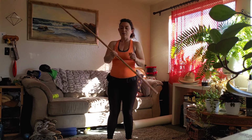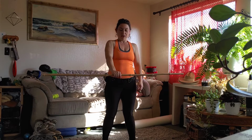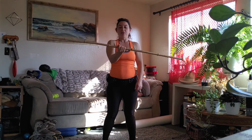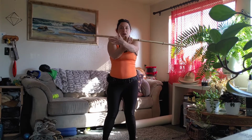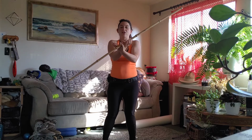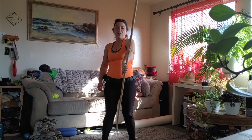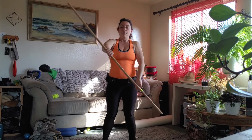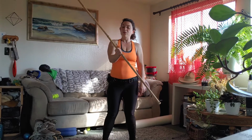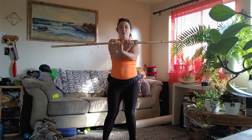And it's relatively simple. So what you're doing is from a neutral position, you're going to flip the stick over, and then you're going to bring on the underside thumb to the thumb side and exchange and keep spinning. And then you're going to go back to neutral on the other side, bring it up again, and this time you're going to bring it thumb to pinky, back to neutral, and then you're going to turn it over again with your hand flipped under like this. You bring your thumb to your thumb,